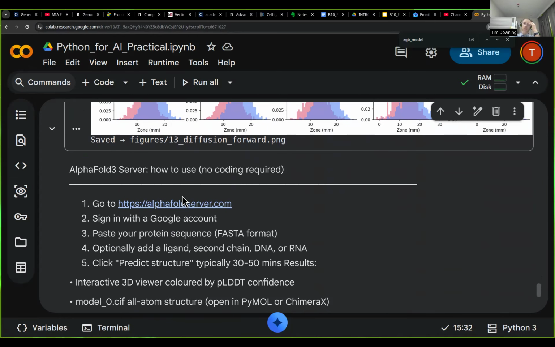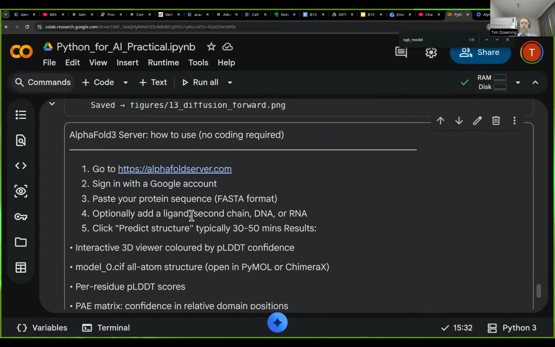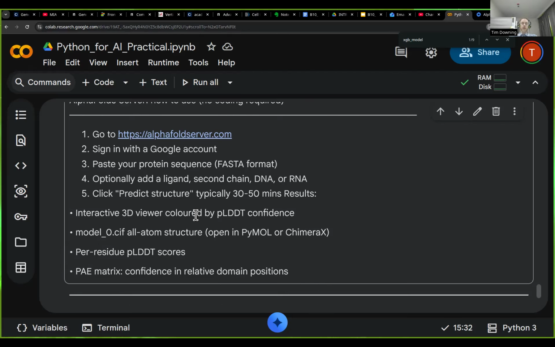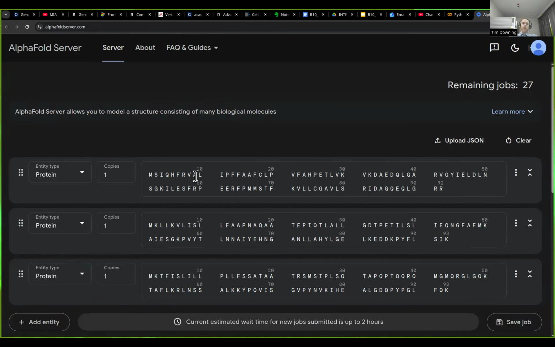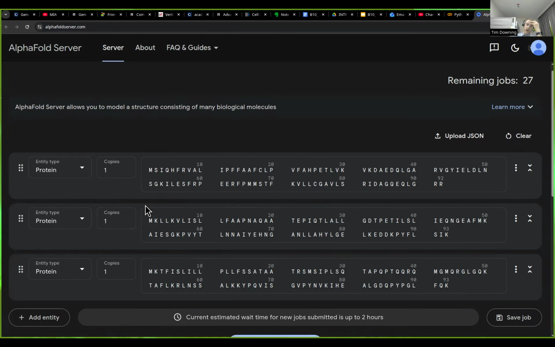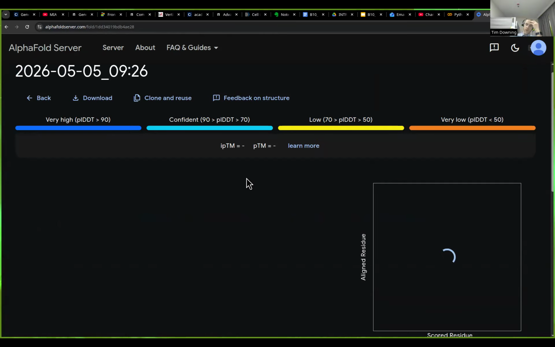So what we can do is go to the AlphaFold server, sign in with our account, and then paste in one of the sequences that are present, and that will create a map that I will show you now. These are examples where we have TEM1 as the first amino acid sequence, OXA1, and then VIM2. And if we click on the first one, which is for TEM1, what we can see